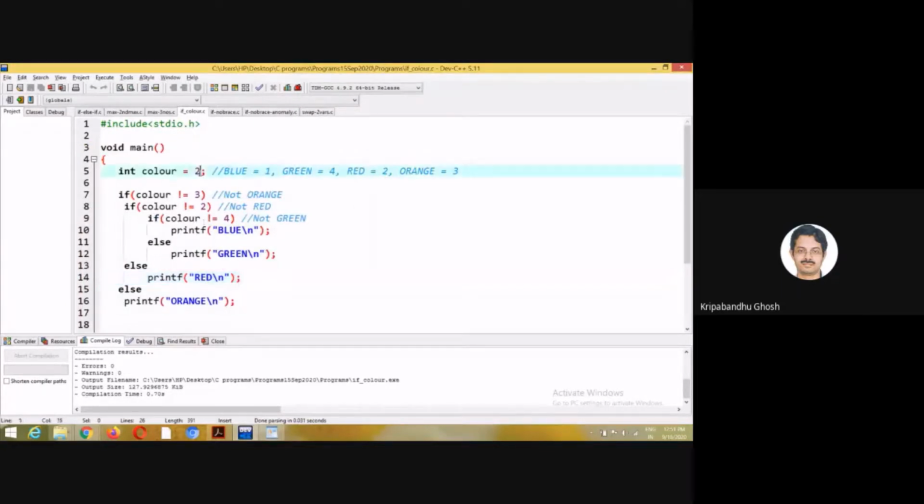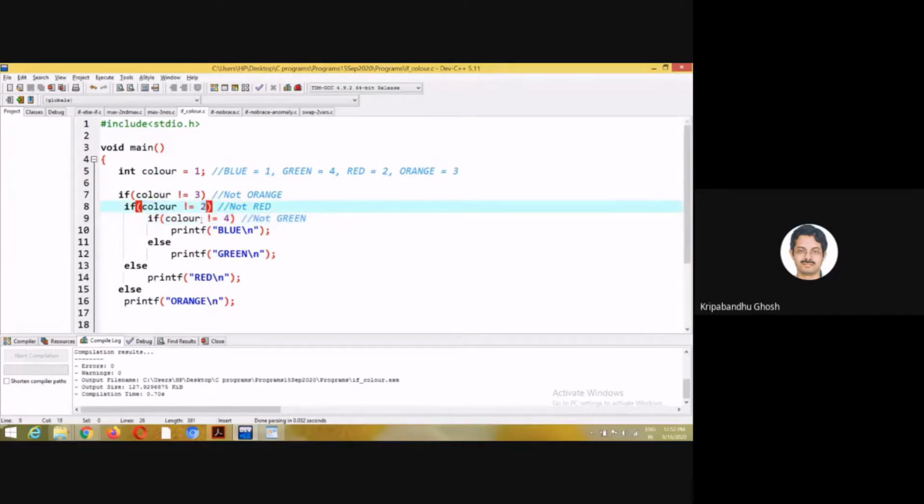Let's change color to 1. What will happen? Color is not equal to 3, that is true. Color is not equal to 2 also, that is also true. So this if is executed since it is under the first if. Now this if is under that if, which means this will also be executed if the statement is true. Color is not equal to 2, since color is 1.